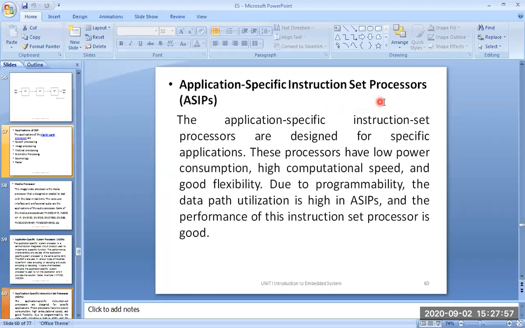Otherwise, if you have just multipliers and adders, you have to do it through software. Through that special hardware, you can get the intended functionality with just one instruction.